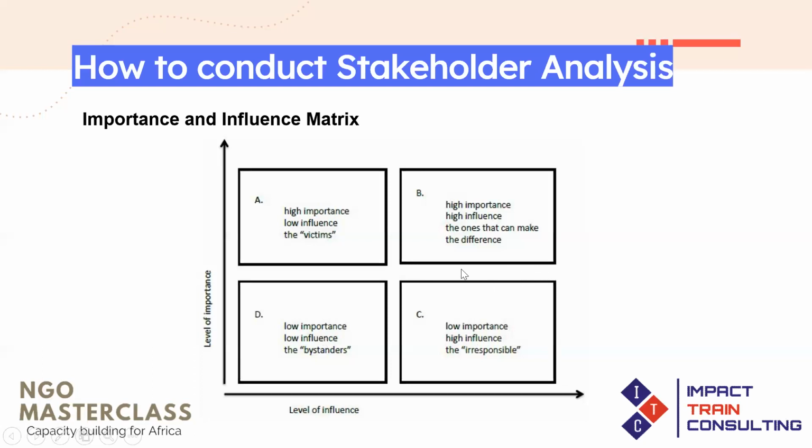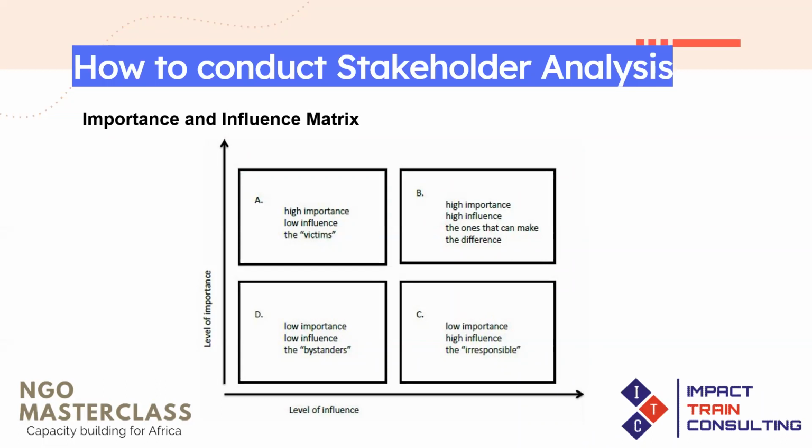So the stakeholder importance and influence matrix helps you to really look at each of the stakeholders that you've identified, which of them are high importance and high influence. Those are going to be the victims or the beneficiaries of that project. People who are of high importance and low influence. People who cannot influence anything on their own, but they are very key to the success of that project. Or people who you're designing the project for are going to be in box A,